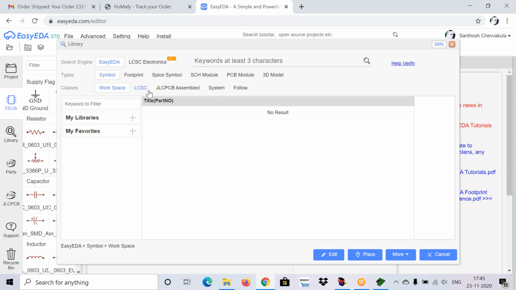LCSC and JLC PCB, we will discuss about them. In the left side, you can observe LCSC and JLC PCB. I will explain about them and their function. What is their function? Now when you need a component from the general library, just open this and you can search the name. Suppose I want the 555 timer.